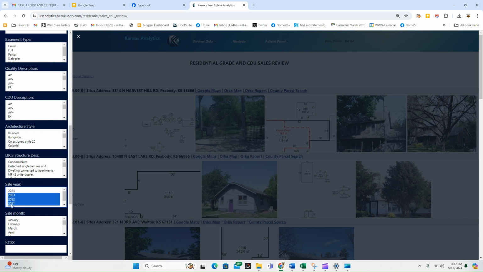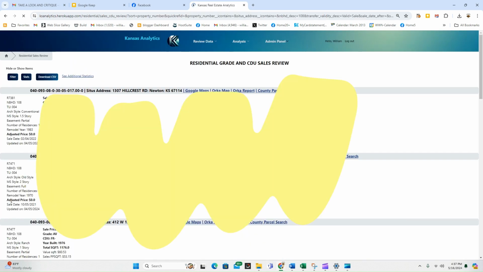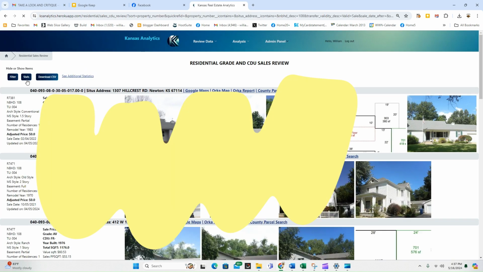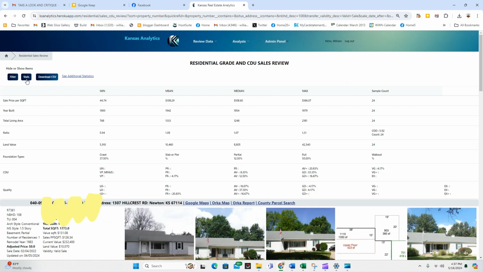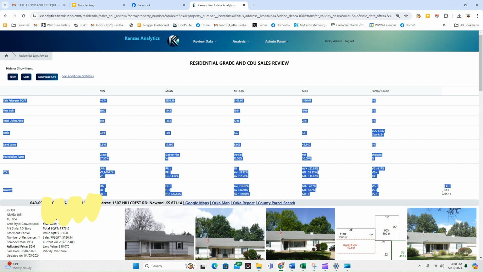So we'll do that. You can submit this or simply hit enter and hit stats. And now we have stats related to 3 years of sales, neighborhood 108 available to us. All done with our filters. Now you can review this on the screen, but maybe you want to copy and paste that. So I'm going to copy it, right click,